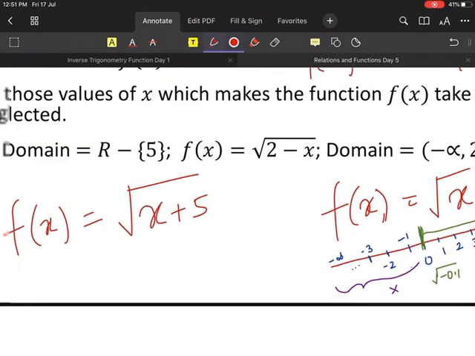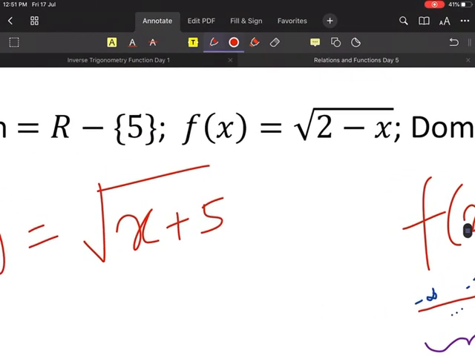What I did? x greater than or equal to 0, right? So in here, what is inside the square root? x plus 5. So what will I write? x plus 5 greater than or equal to 0. Yes or no? Now I need the values of x, right? I don't need the values of 5. I need the values of x, right?